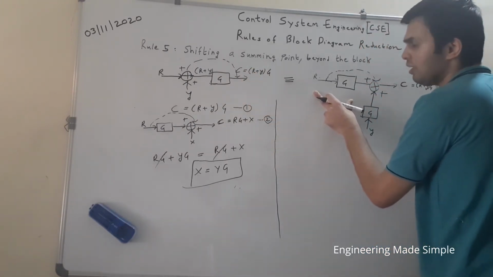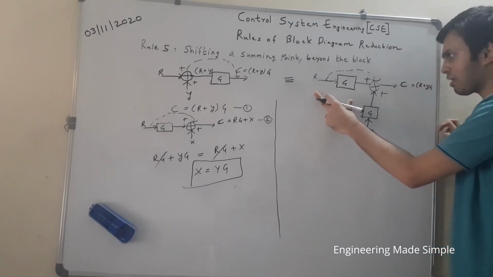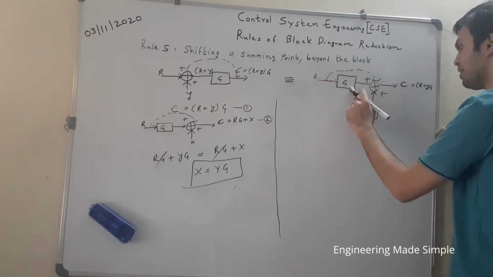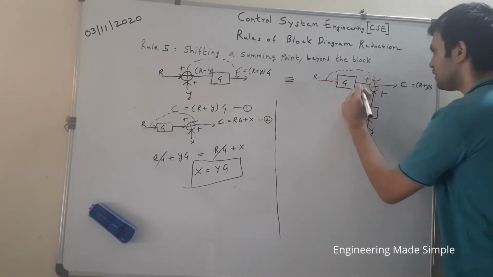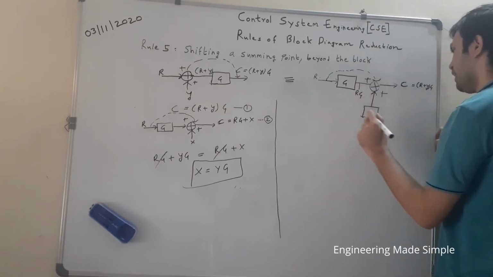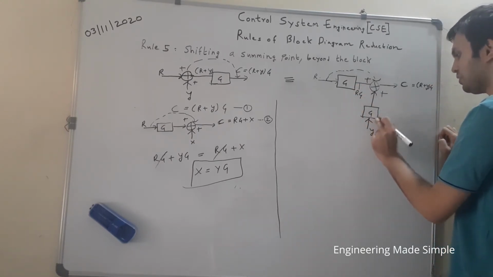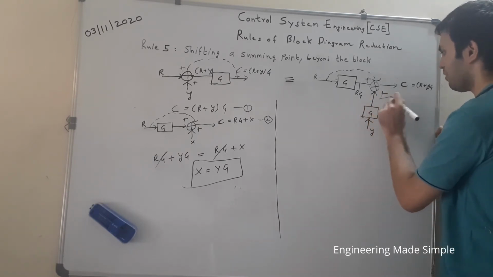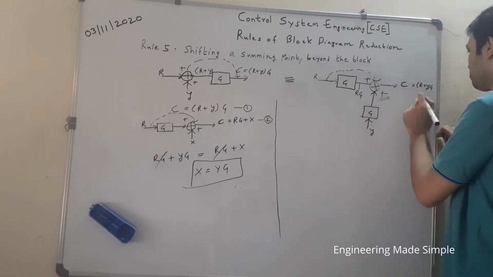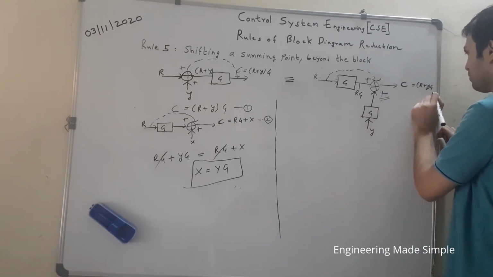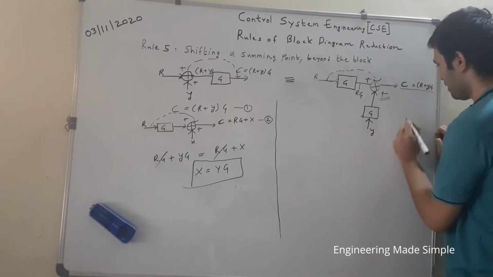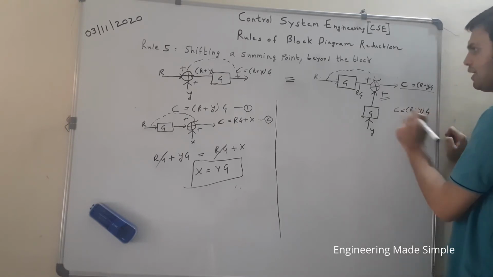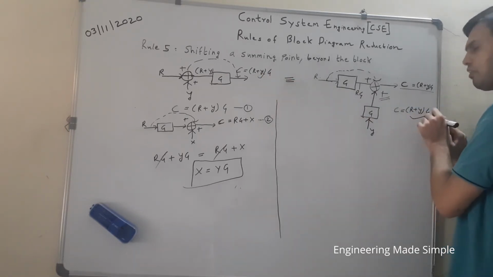Now the modified block diagram, or the reduced block diagram after applying this rule, will be: this is the input R, so this would be nothing but RG. Here at this point it would be RG, and here I have added a gain block of G to the signal Y. So it would be Rg plus, because of the polarity of the summing junction, Yg. So Rg plus Yg will be the final output. It can simply be written as C is equal to R plus Y, with the whole thing multiplied by the gain block. As you can see, after modification the output remains the same.